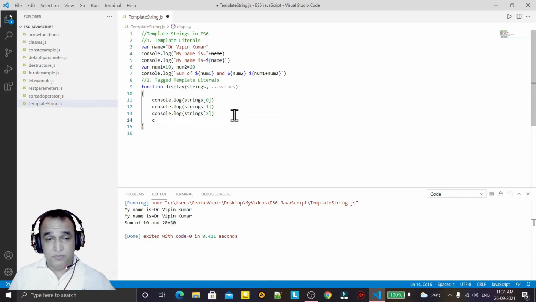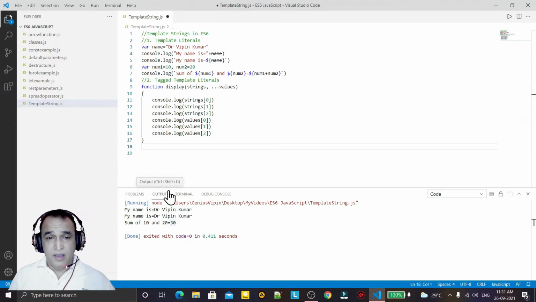Now I display again the value whatever I am transferring, that is the values, and here 0, and now again I just copy this one 3 times. You see 3 times, and I just give the array index 0, 1 and 2. This function is ready. Now how I will use the function?